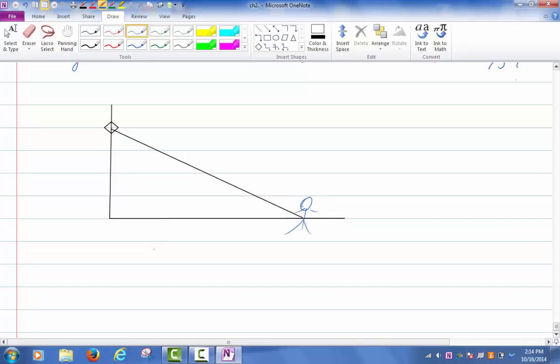Let's label some of this. What is the angle of elevation here? Right here. Let's call that theta. As the rocket is going up, the angle of elevation is becoming larger, and let's label the height of the